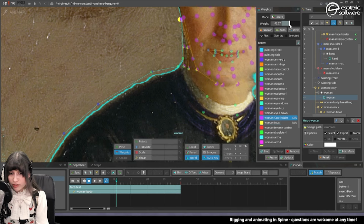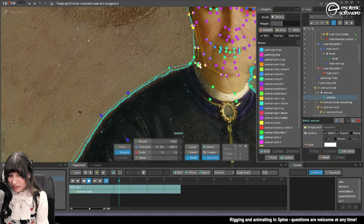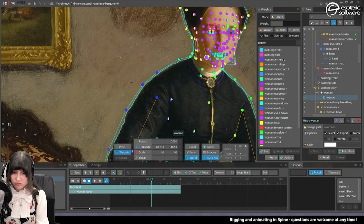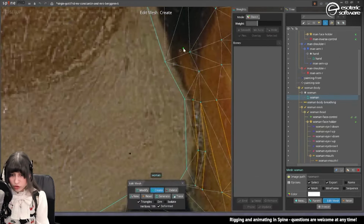So I give it more of an edge. I should have separated that if I wanted to have a good result. I did not, so now I pay the price. If I want the ear to stick out a little bit more, which I did not do earlier,